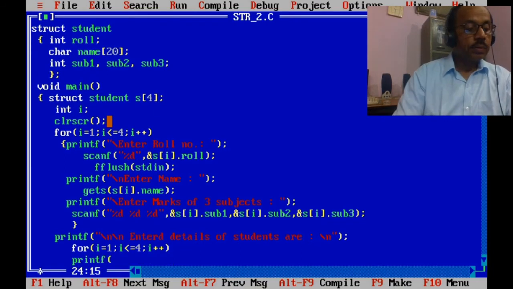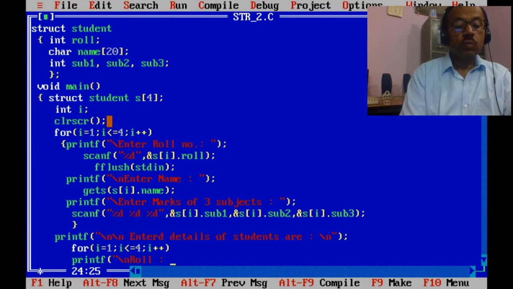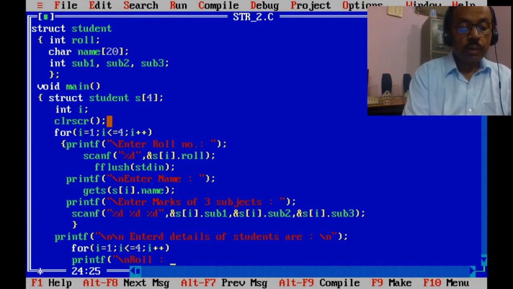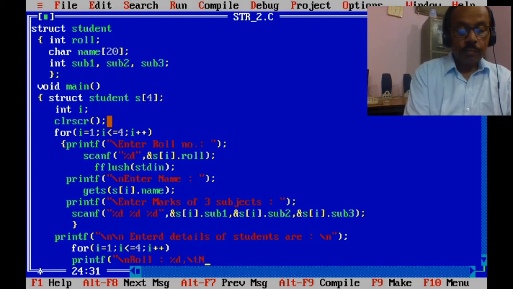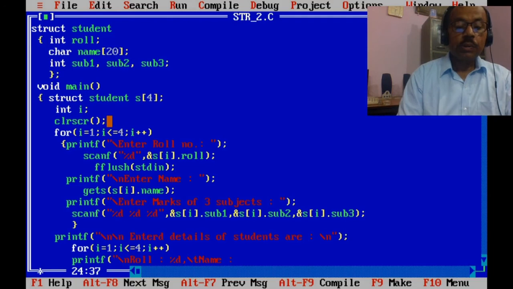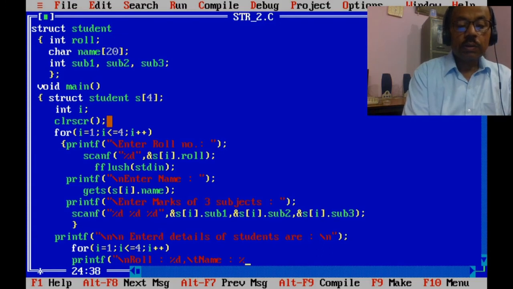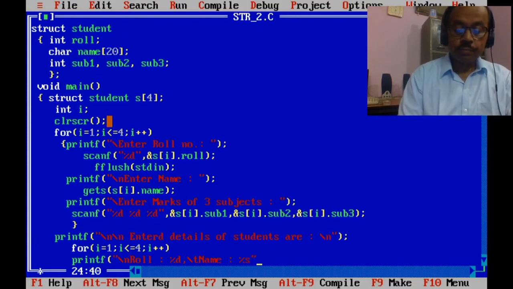printf backslash n roll is equal to %d and name is equal to %s.